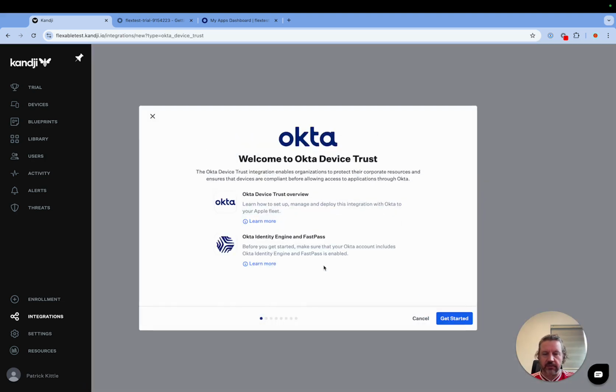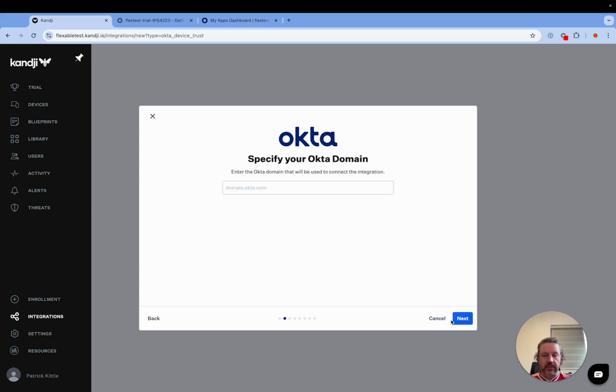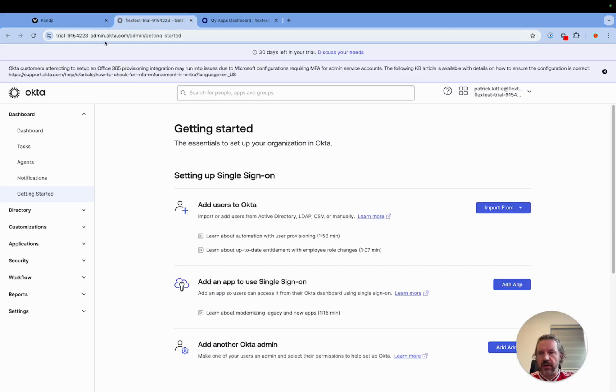Click on Add and Configure. Shows you a couple of the things that you need. We've already done that. We've got Identity Engine and we've configured FastPass, as I found when I just logged into my trial tenant, because it enforced me to add my account to Okta Verify, which is exactly as expected. So if I just grab my tenant ID,